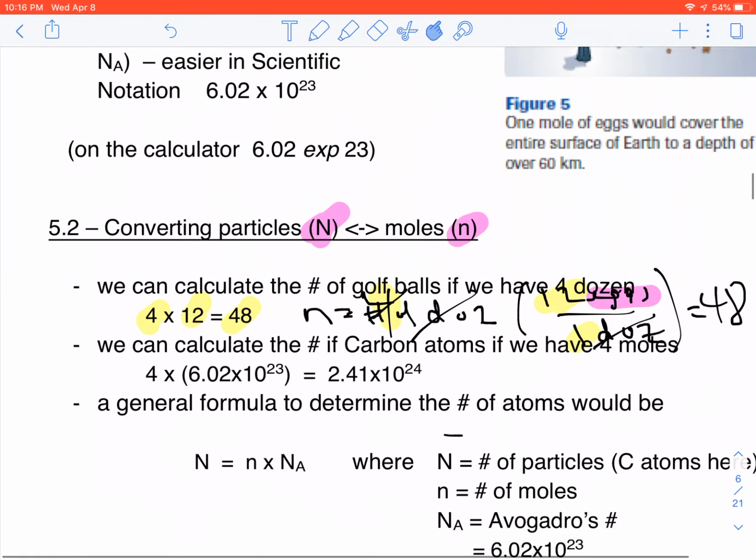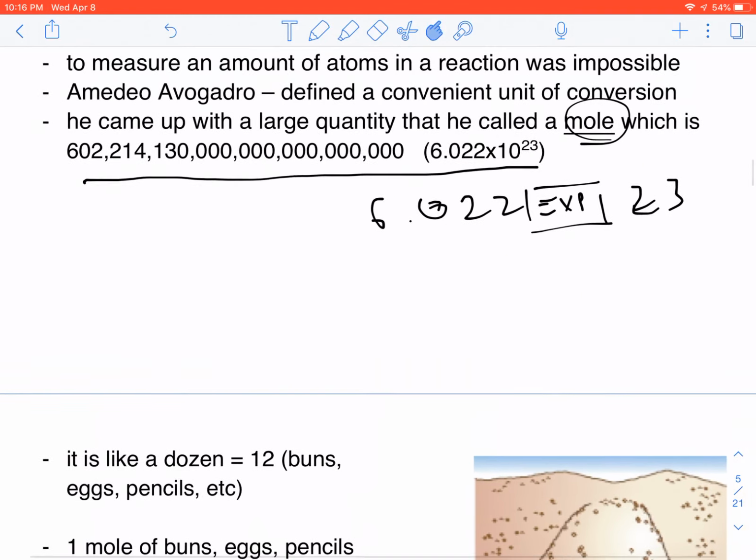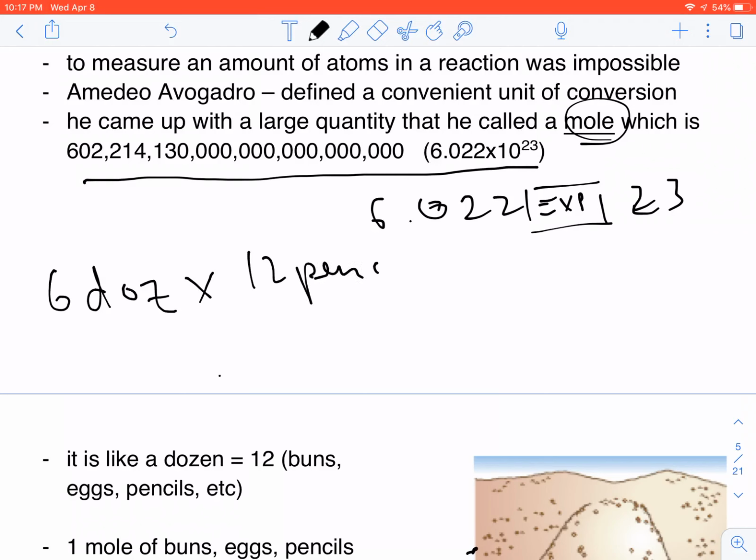If I said to you, let's find a blank workspace here. If I said to you, I need you to go and get 6 dozen pencils, right? Exams are coming up and I need 6 dozen pencils for exams. They say, well, how many pencils is that? Well, I'm going to have 6 dozen. I'm going to multiply it by, I know that 12 pencils is the same as 1 dozen,